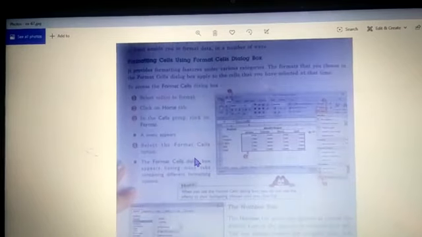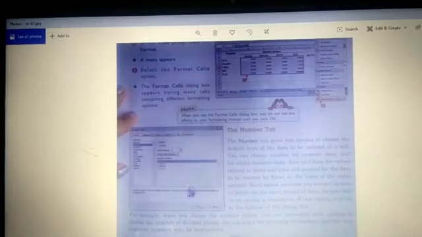So to format cells, children, what you need to do, you will select the cells first. Then in home tab there is the cells group option. In that there is this format option. Click on this, a small menu will appear. Then you need to select format cells, right? So when you select format cells, a dialog box will appear like this. From here, children, you can change many things. The first thing that you will see is the number tab. First let's get to this point, then continue with the number tab.